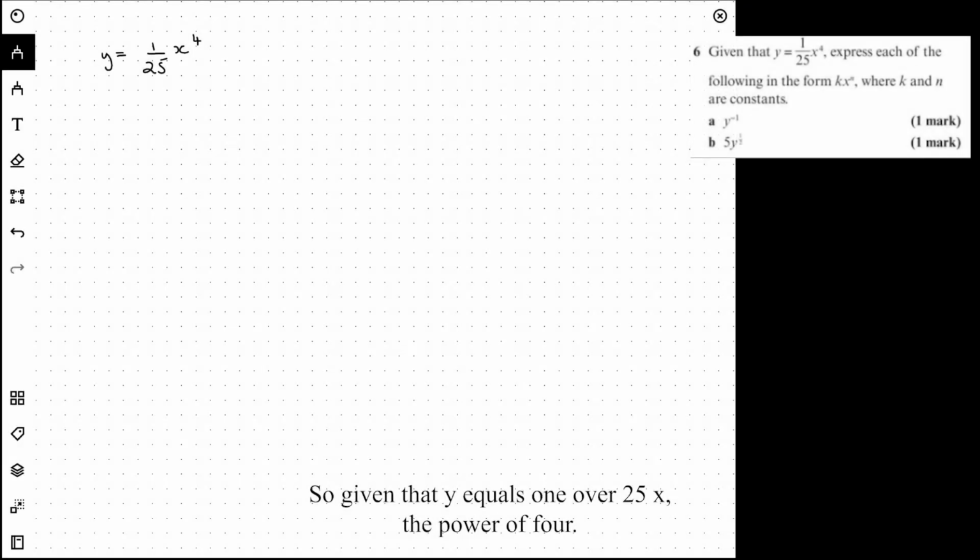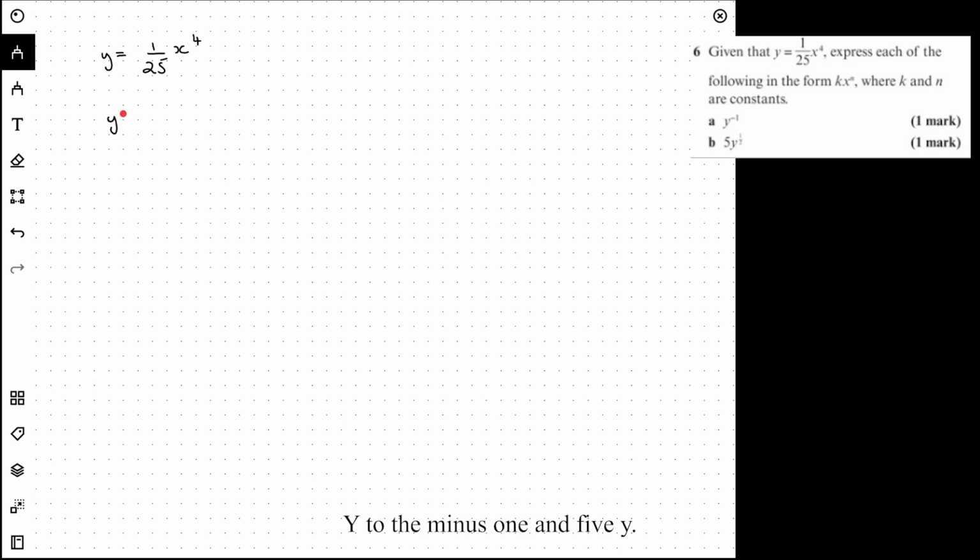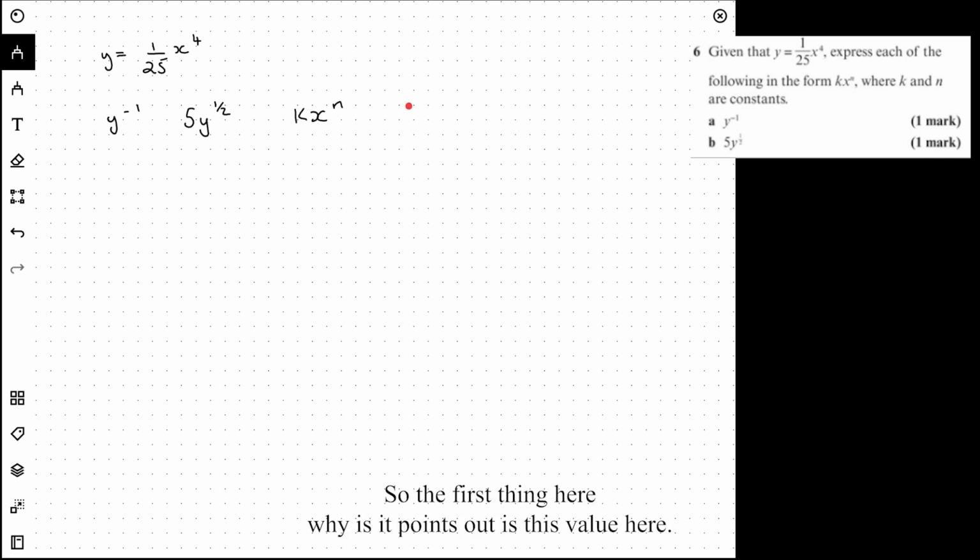So given that y equals 1 over 25x to the power of 4, we want to express y to the minus 1 and 5y to the half in the form of kx to the n, where k and n are constants. Okay, so the first thing here, y, as it points out, is this value here, and we want y to